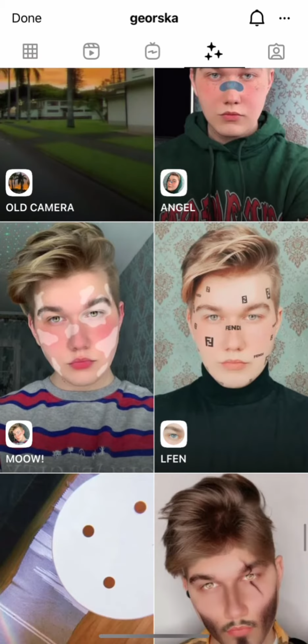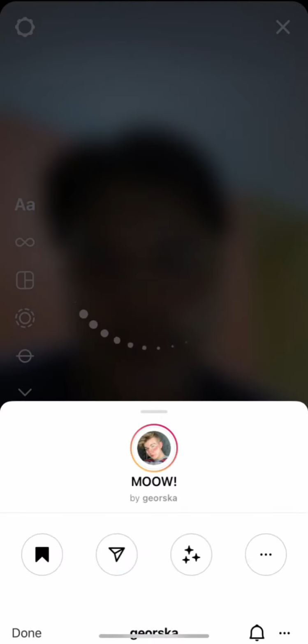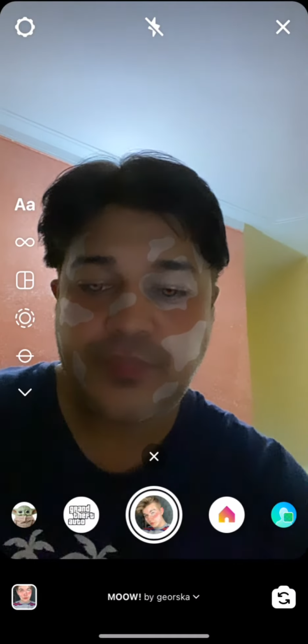Okay, this is the filter Moow. Tap on it. You will see this preview. From here you can save it to your Instagram camera tray and you can tap on try to try the filter. Okay, and suppose you are not getting the effect like this, then what you can do,